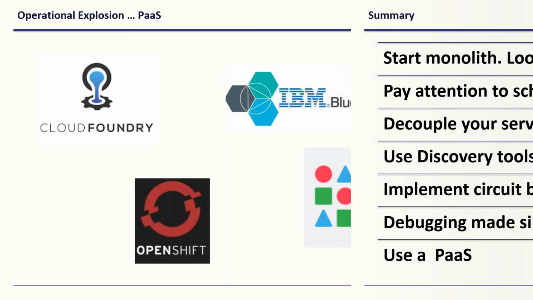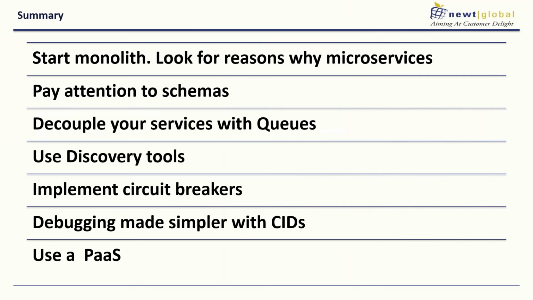Okay. Just to summarize this presentation, we started off with what microservices are, what the best practices are, how you scale, and what the orchestration is. But my advice is that for most use cases, it will be very beneficial if you start as a monolithic application. Now that you are aware of microservices, you look for reasons why microservices, what benefit you are going to get, and start pulling out the services from your code. That's the one smart approach that I would like to suggest.